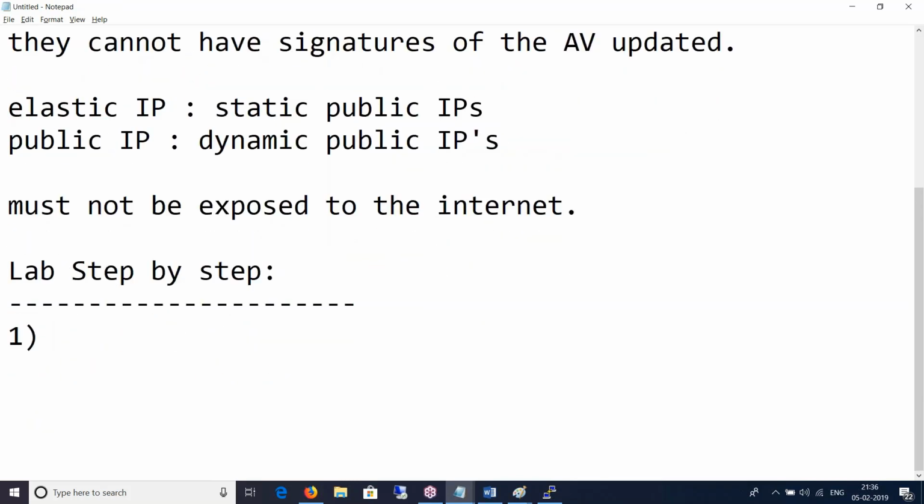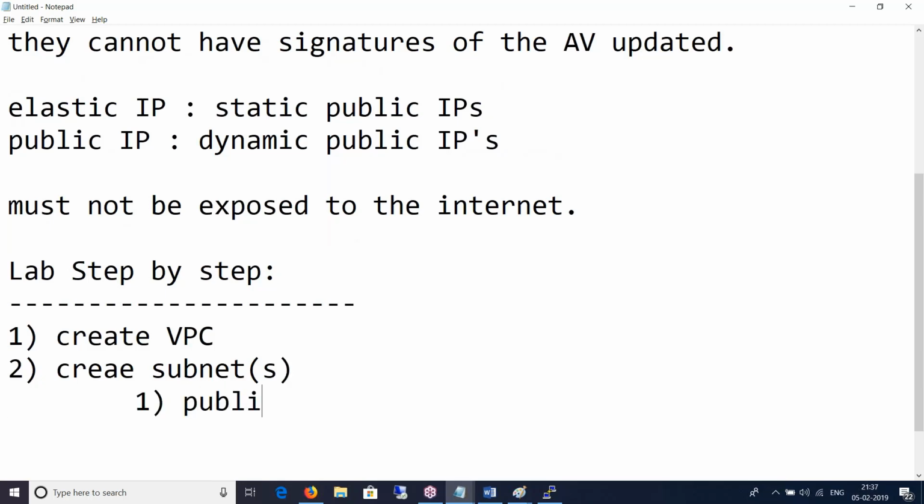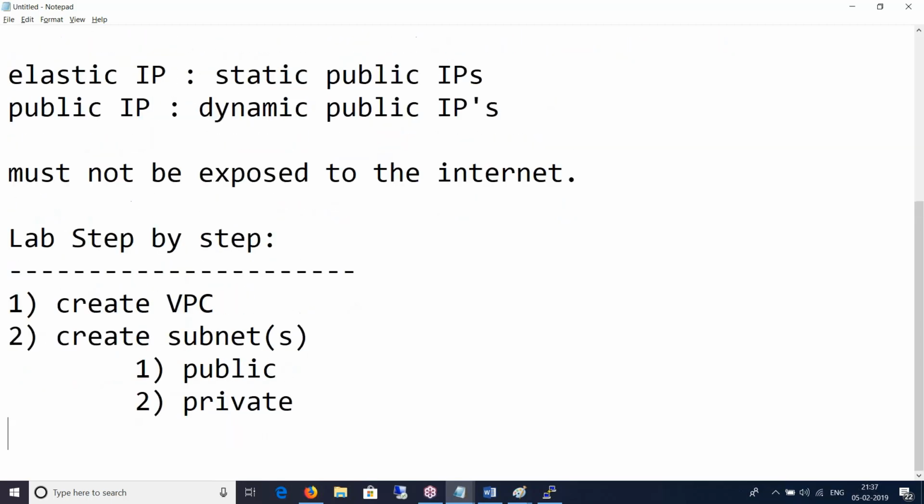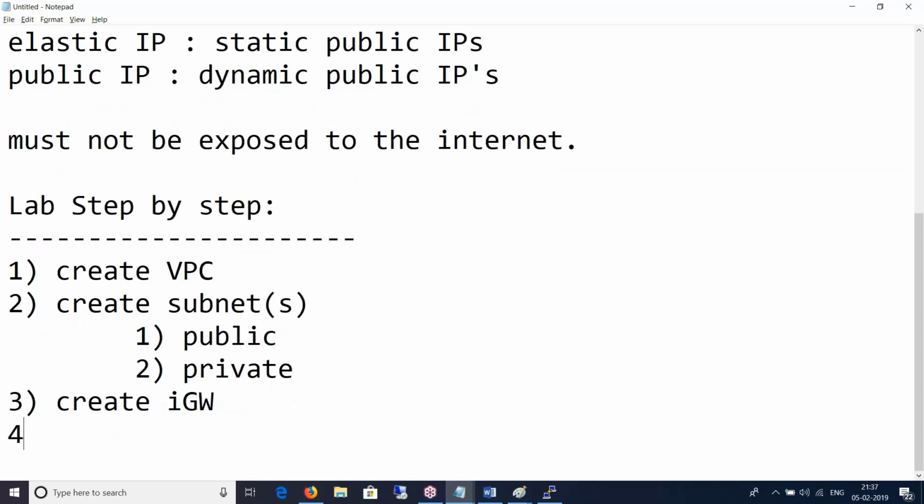I will go ahead and start from scratch. One, create VPC. Two, create subnet. I'll create 2 subnets, and one subnet will be a public subnet and the second will be a private subnet. By doing this, I can also show you how to create a public and a private subnet. Third, create... I'm sure you have these steps on the tip of your tongue right now. What's the third step? Create internet gateway, and fourth, you attach it and then edit the routes to allow what?